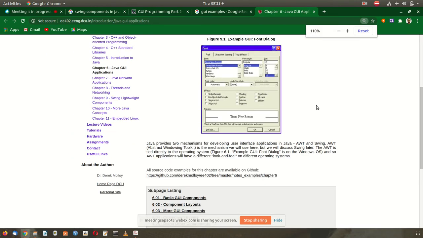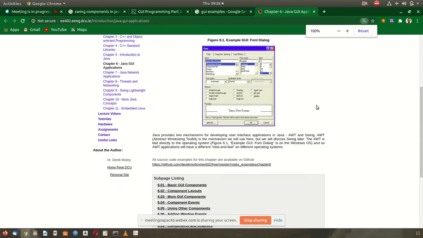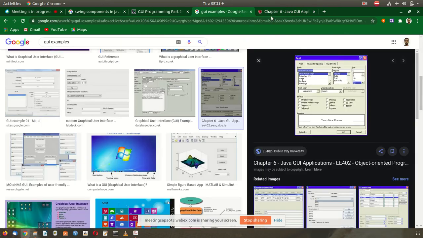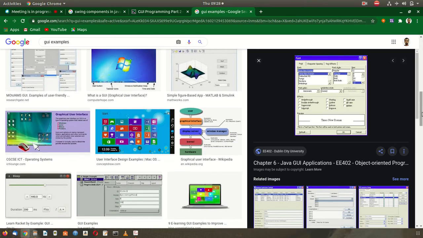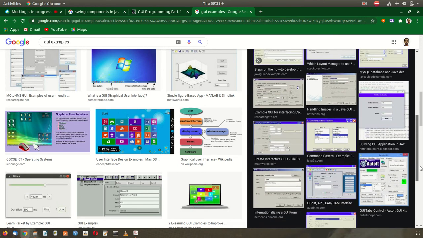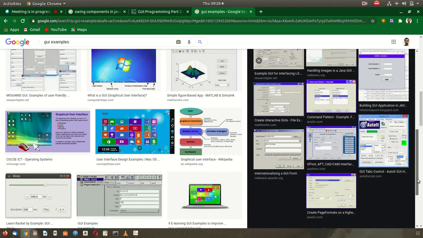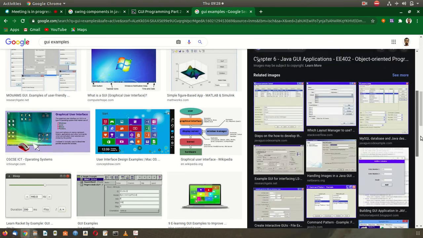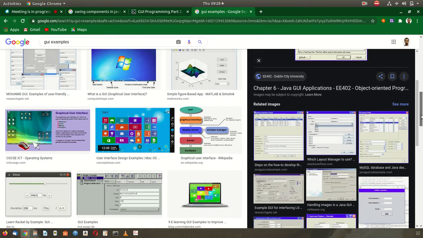So user means the user of a system, and interface here does not mean the interface that we have understood in Java. The interface means the operating system. You have learned the definition, no? Operating system is an interface between user and hardware.